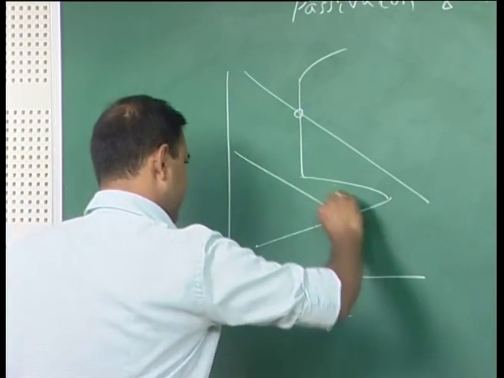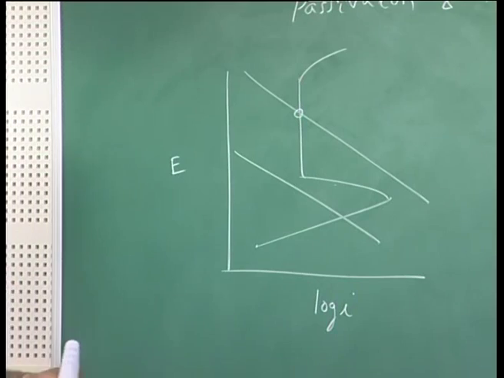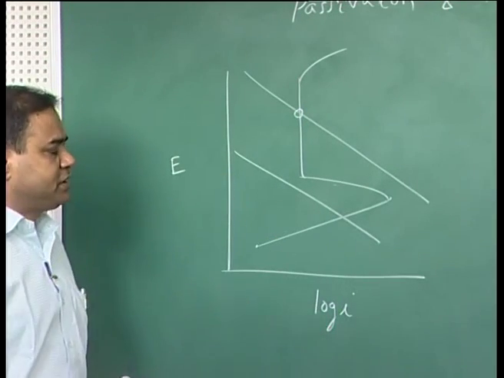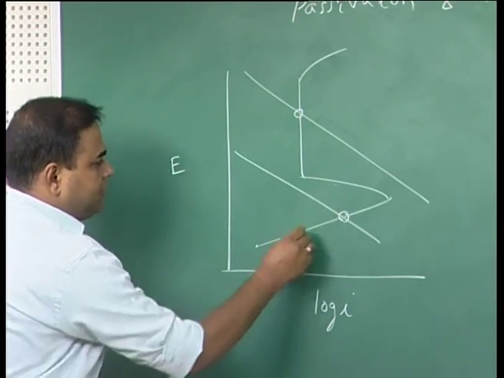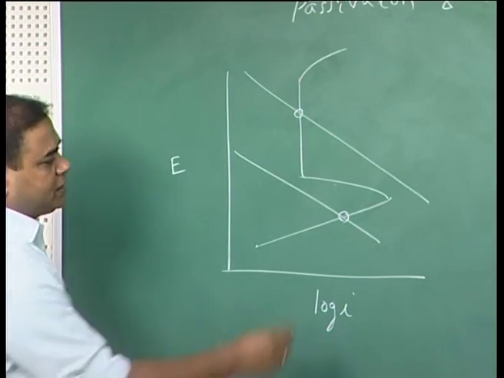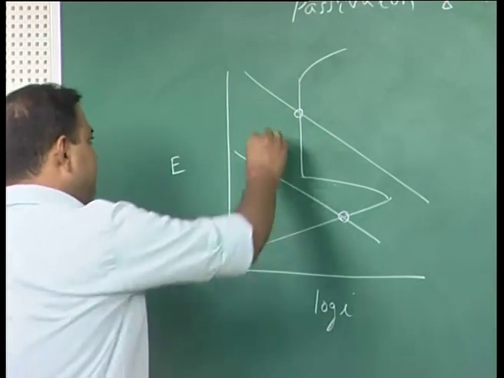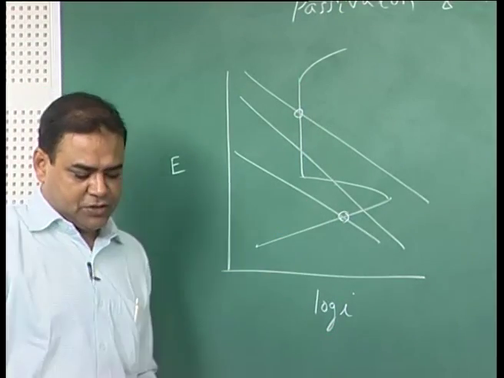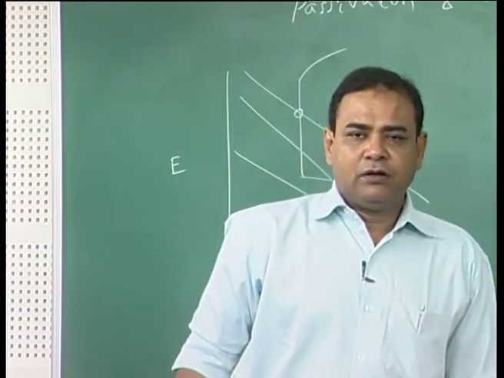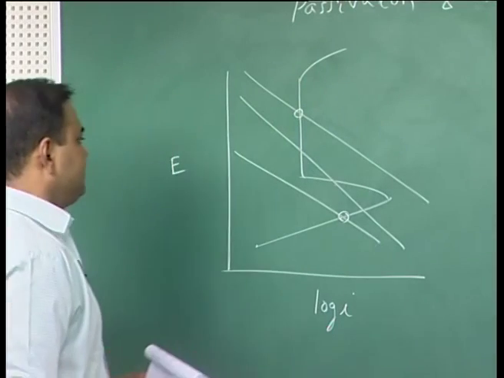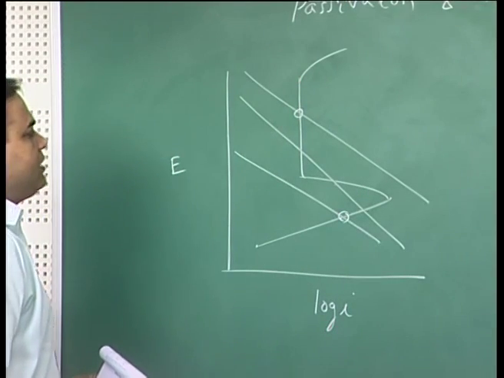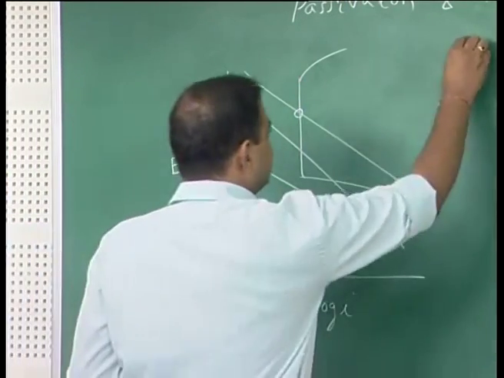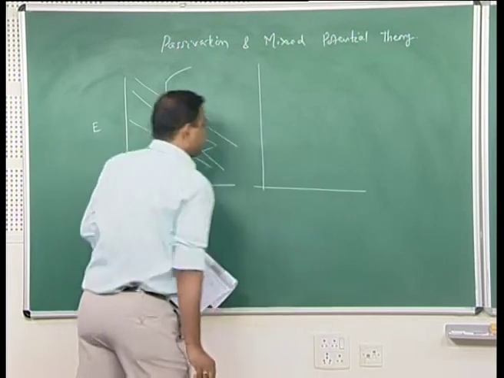And if the cathodic reaction is going along this line during the polarization, this will cut the anodic polarization line at this point, and then if it cuts like this, then it would be a sort of unstable passivity. And in that case we have already seen what would be the experimental curve in all those three cases,